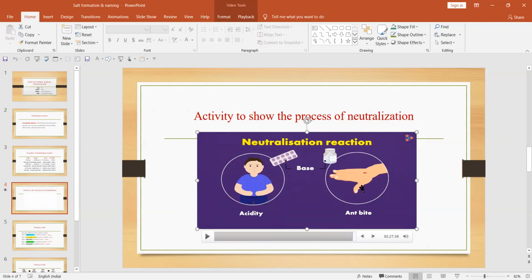So what is needed here? We need a base. This is a strong acid, and this is a weak acid. So it will need a weak base, and this will also need a weak base, because the reaction will be highly exothermic. Since in both cases we have an acid, we neutralize it by using a base, because the product of this will form salt.